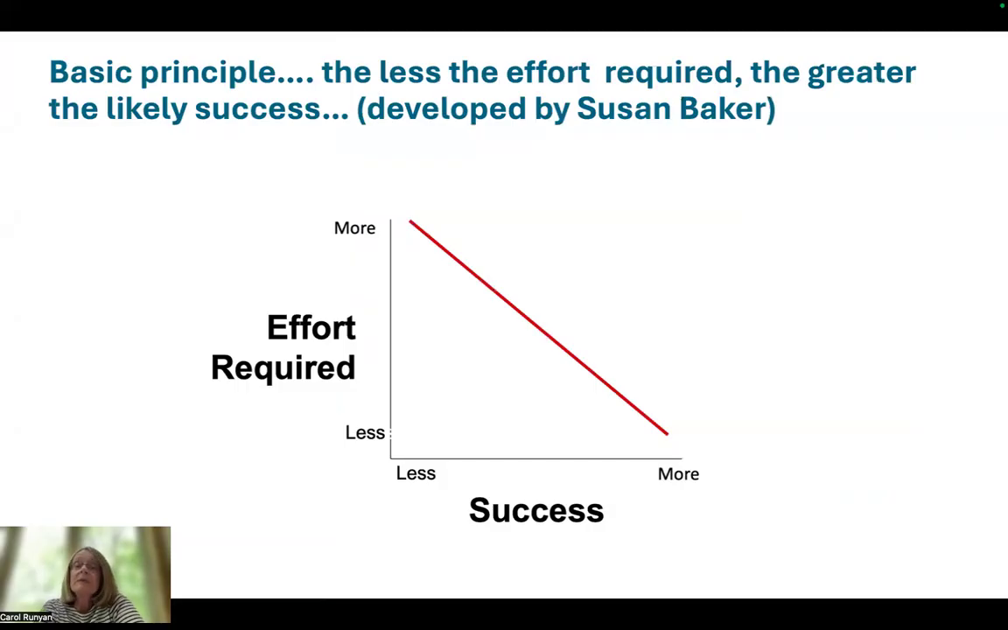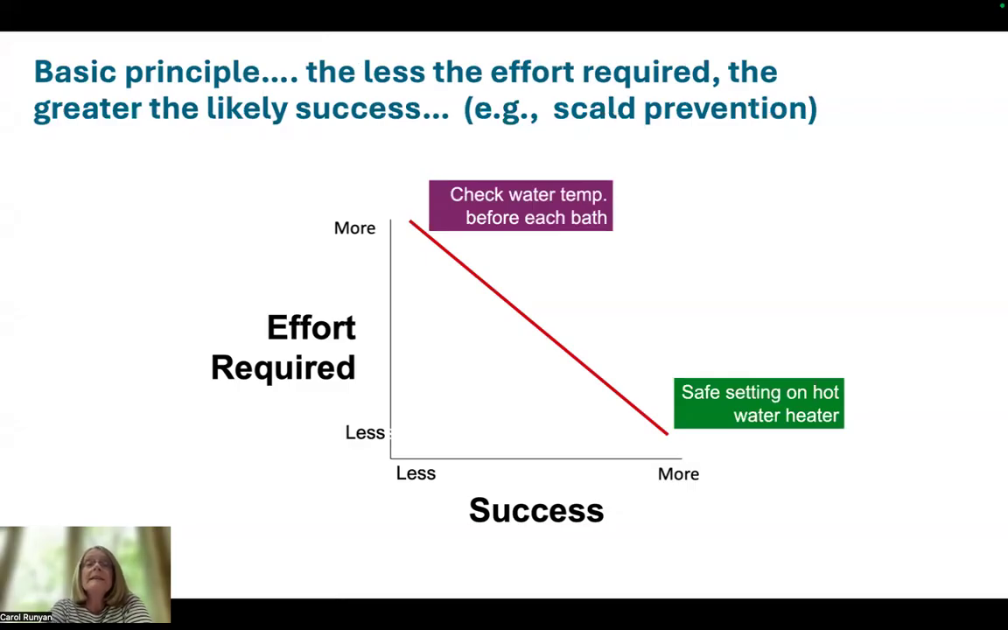As a general principle, Susan Baker, one of the early leaders in injury prevention, developed this diagram to show that as a basic principle, the less effort that's required, the greater the likelihood of success. And this goes along with what I was just saying, that it's often hard to rely on people to remember or know what the right thing is to do in every situation. So as an example,